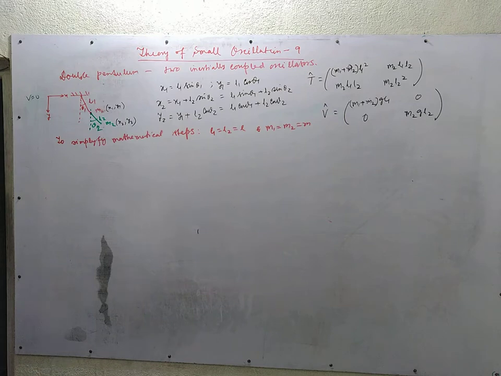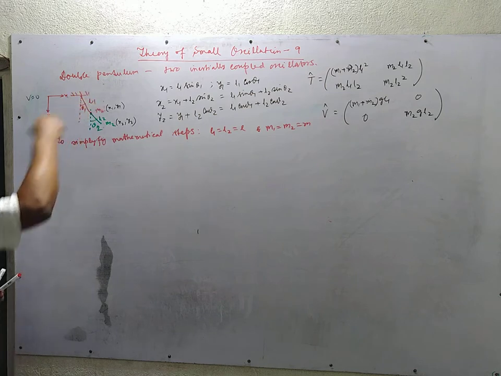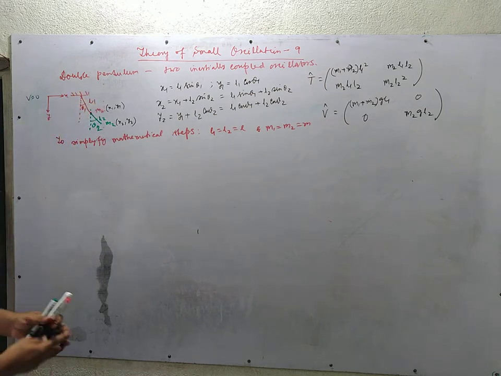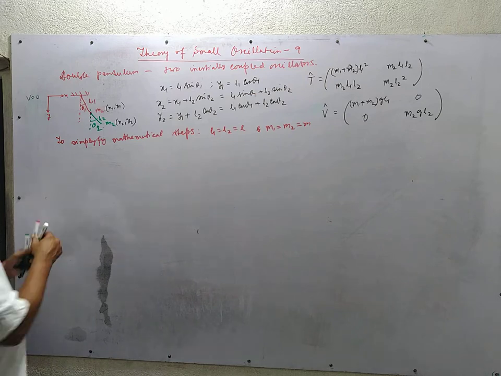That is, we consider two identical units of simple oscillators, one connected at the end of the other. In which case, the T matrix becomes,